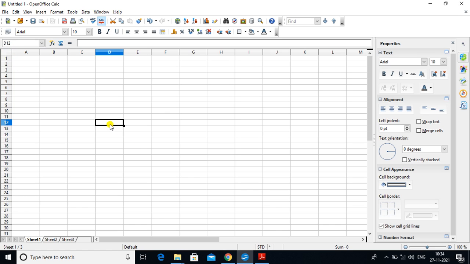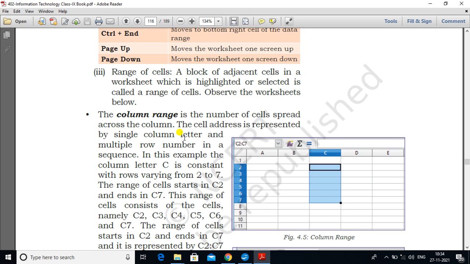Okay. If I start from here and select cells like this, so from this it is D12 to I12. Okay. So the cells from D12 to I12 are selected, and this is called the range of selected cells, that is D12 to I12. Okay. So these are ranges of cells.